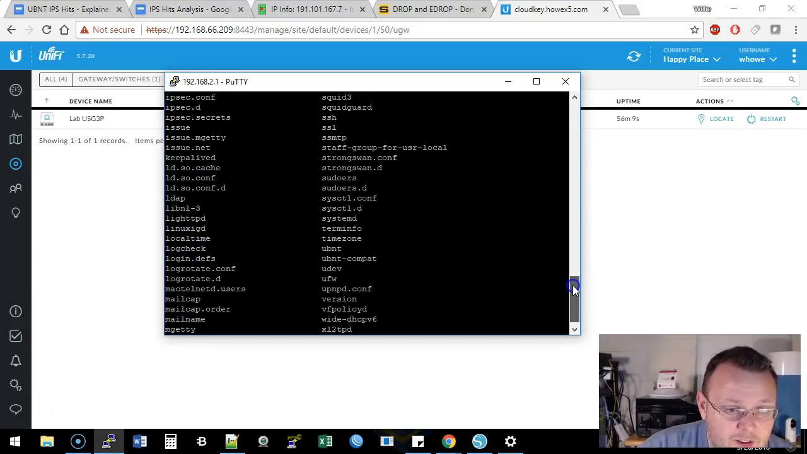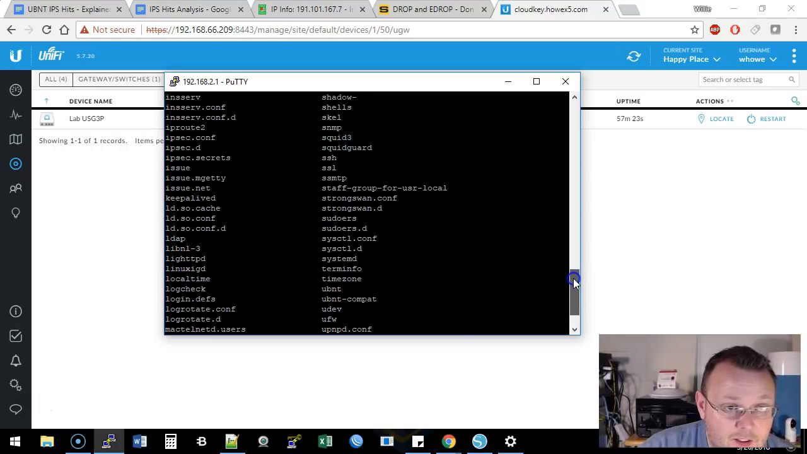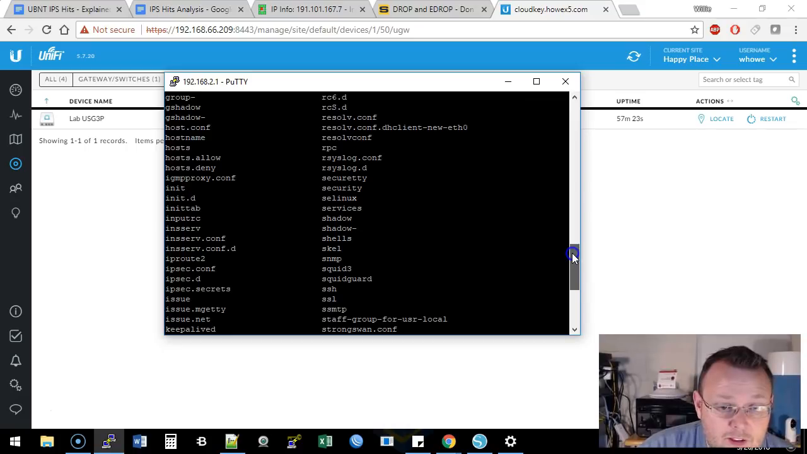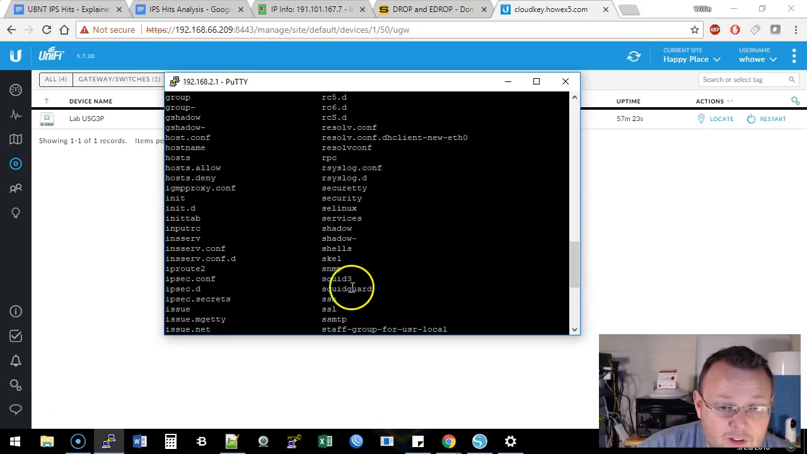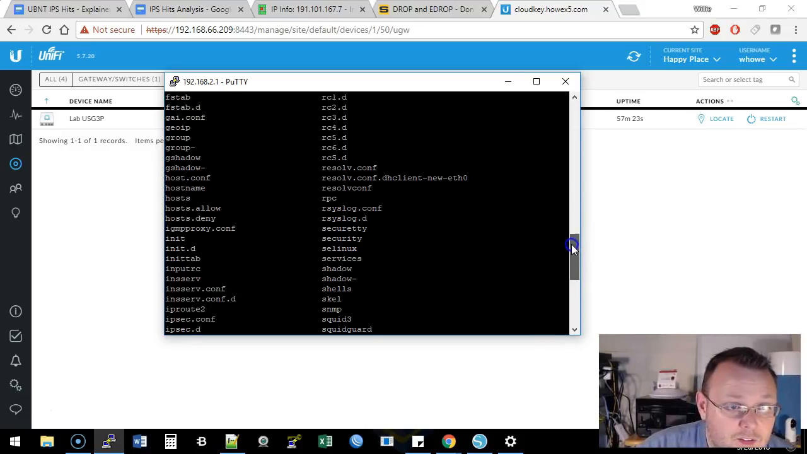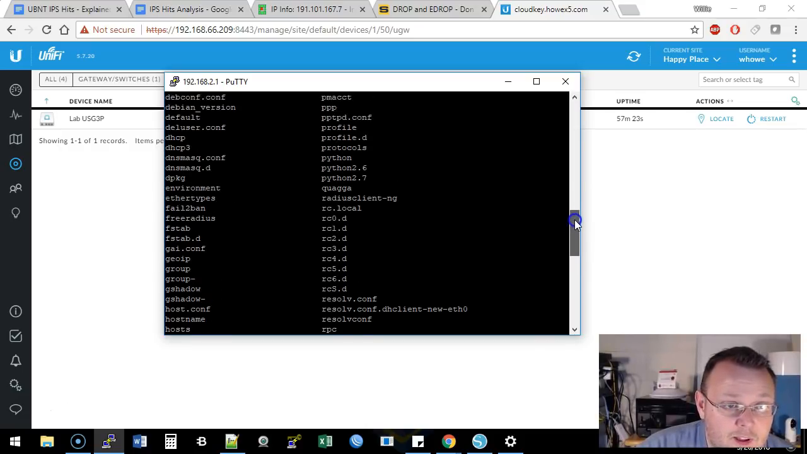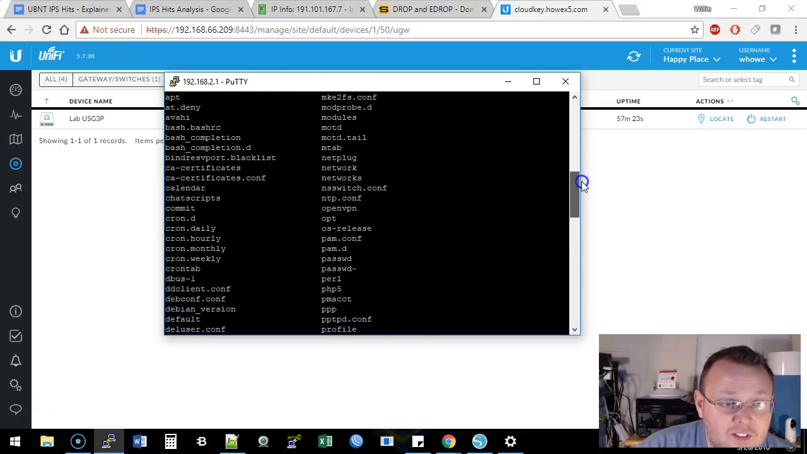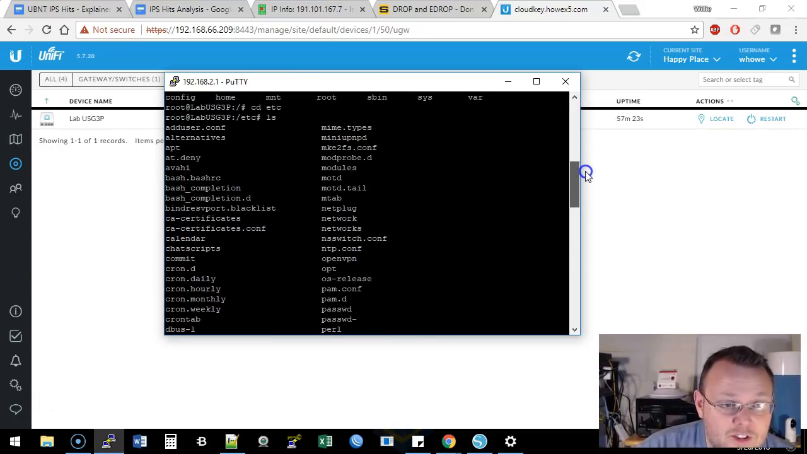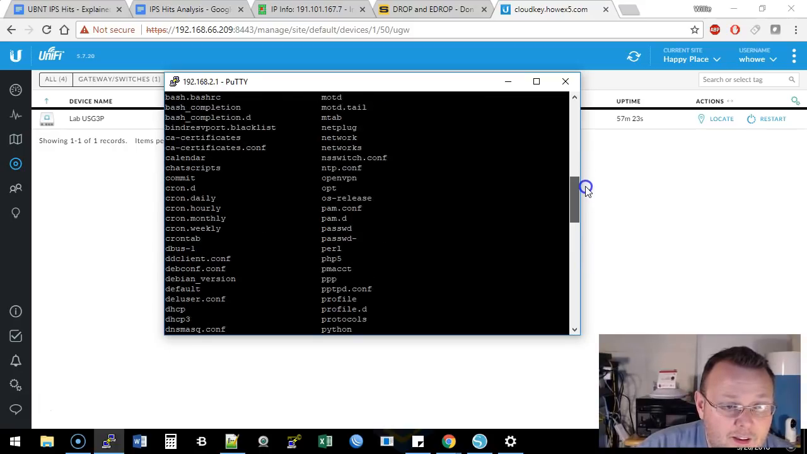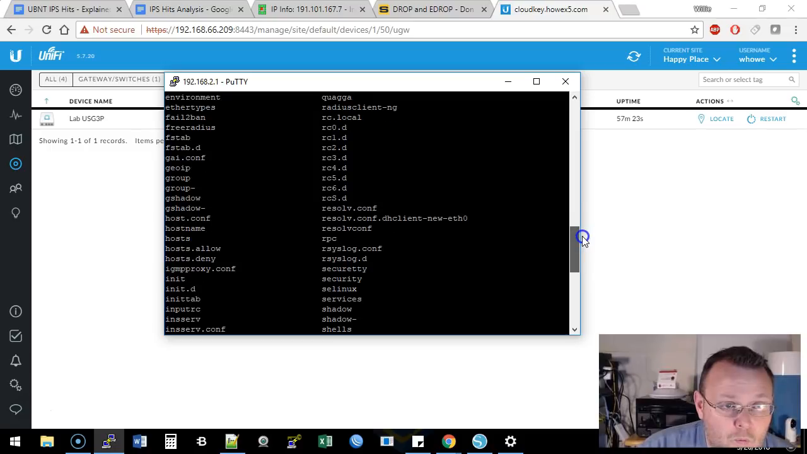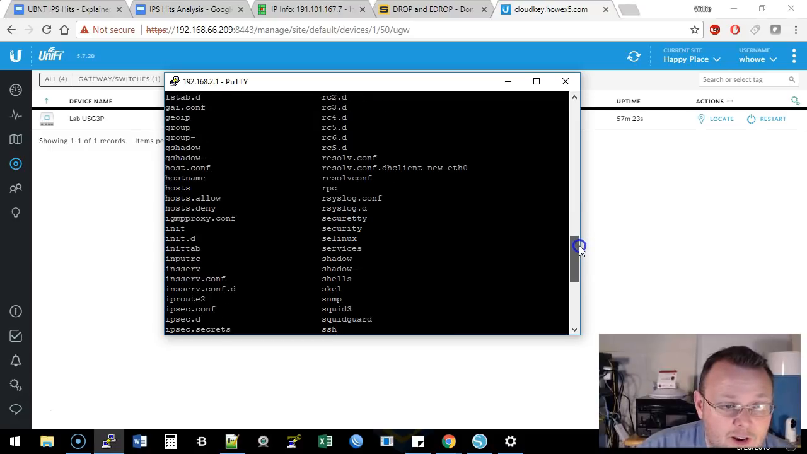So let's see. Just do a quick look. Oh, there's squid3, squidguard. Let's see. I'm not seeing anything that says snort here, but that doesn't mean anything because I'm not 100% sure. There's fail2ban, FreeRADIUS,